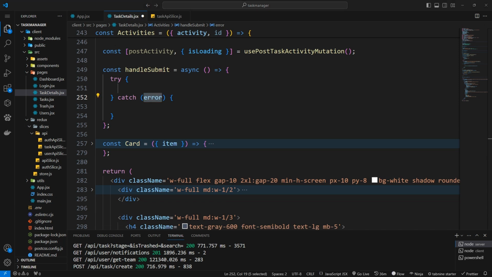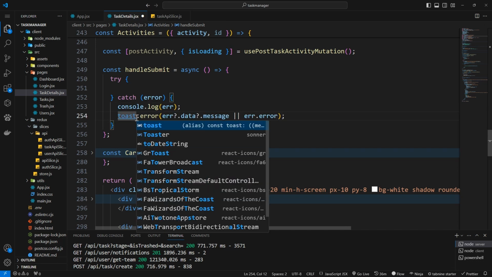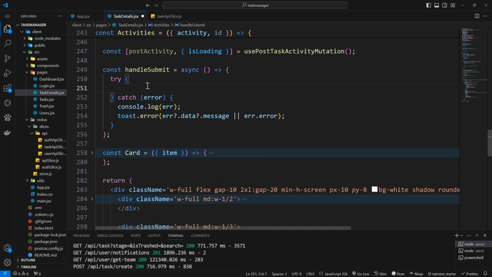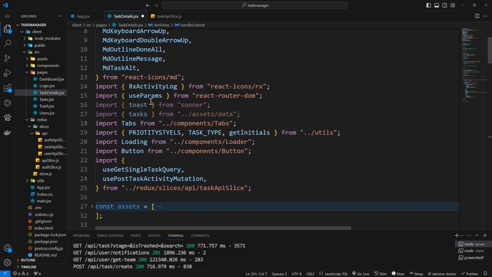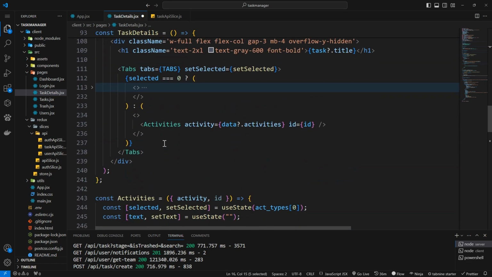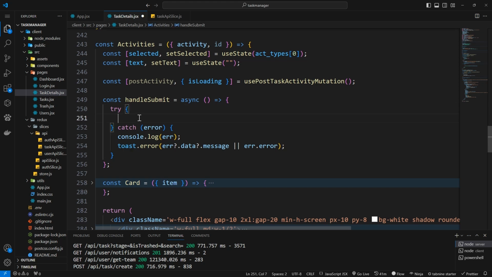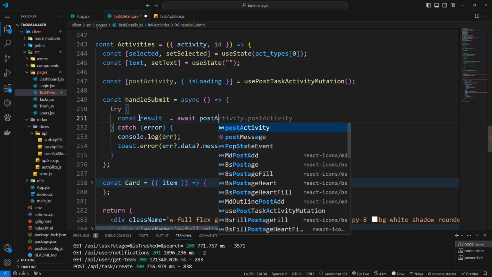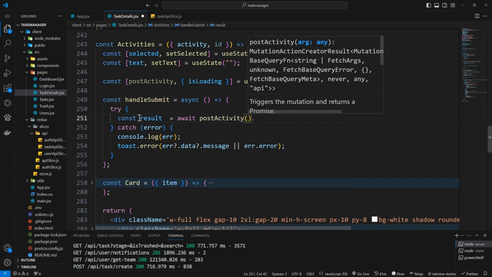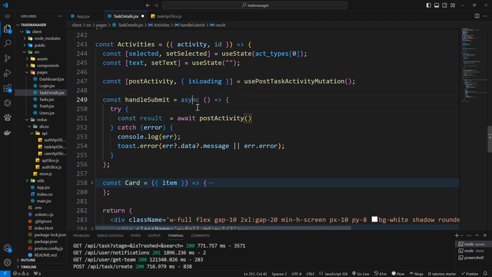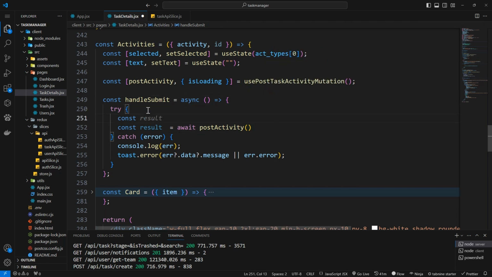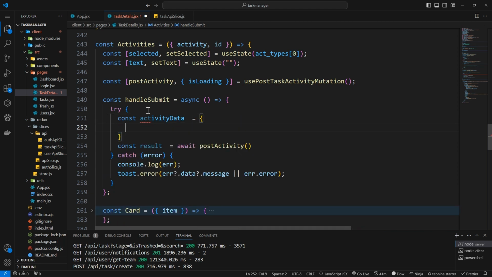And as usual, copy the error message, right? Import this. I think it's up there already. Is it up? Yeah, okay, it's here. Okay, so inside now, we're going to say const result should be equal to await, right? Push activity. And we need to pass the data, right? Okay, so let's define the data here. Const activity data, I would say, should be equal to, right? The type should be equal to selected dot